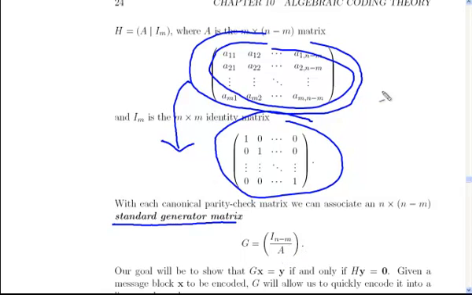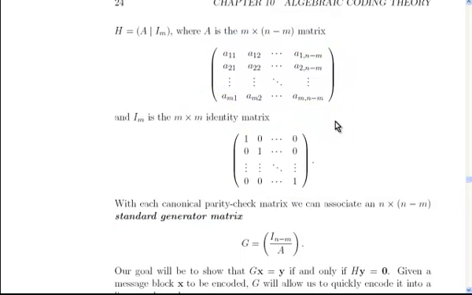All right, let me say that again. To get the standard generator matrix, instead of stacking this leading matrix, which is m on this dimension, and n minus m on the other dimension,